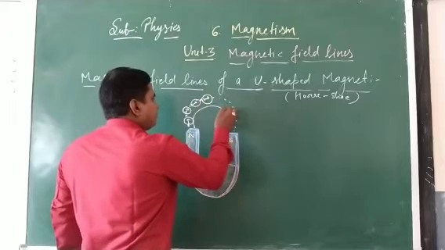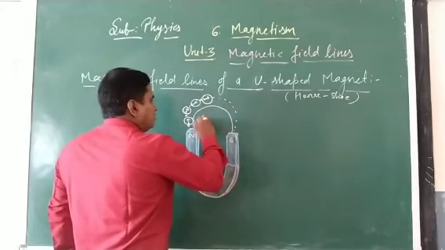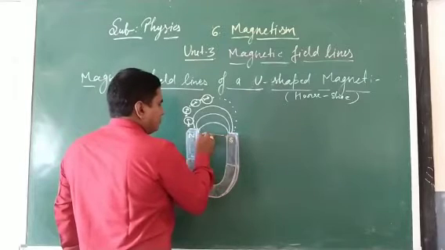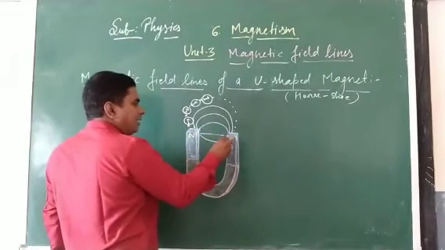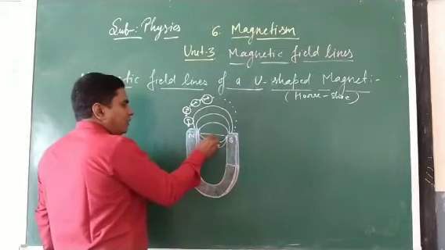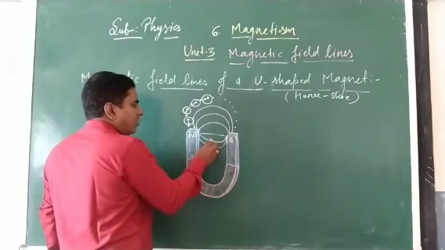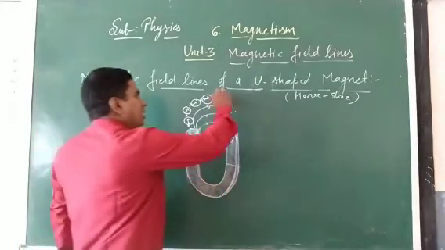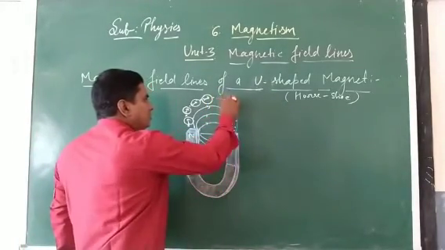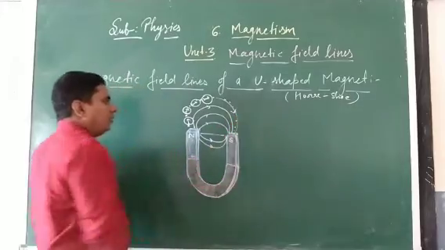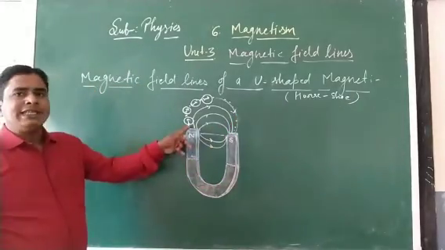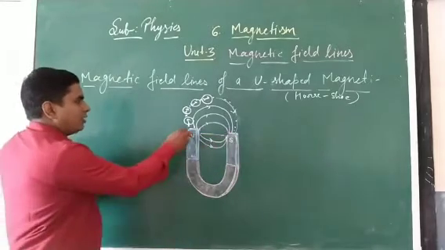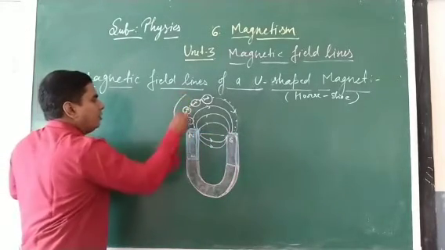Like this. Here inside the magnet, you put the compass. North to south pole, north to south pole, and again here you will draw. So you will observe that the multiple lines again start from the north pole and end at the south pole. One more you can draw here.